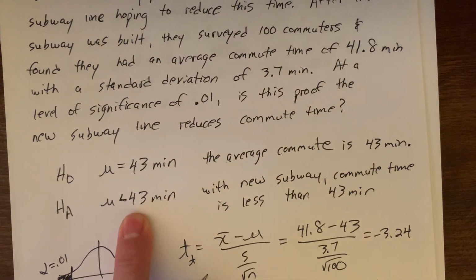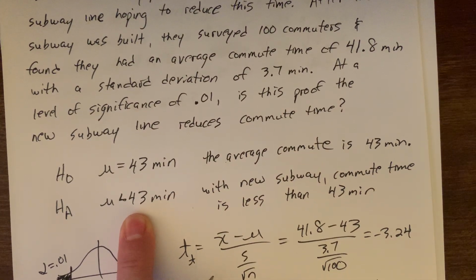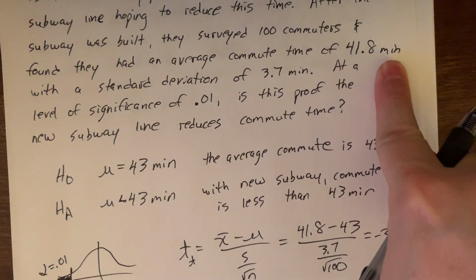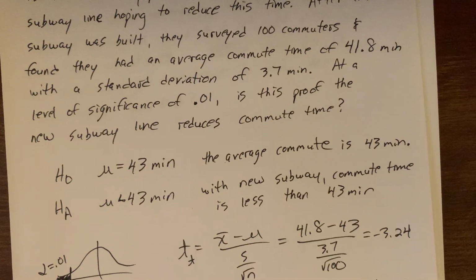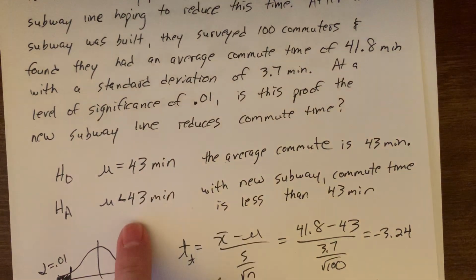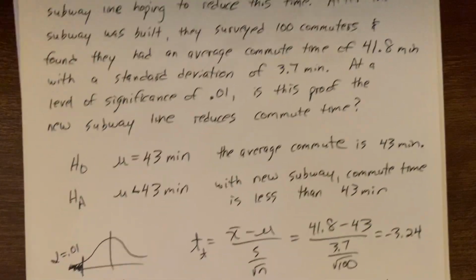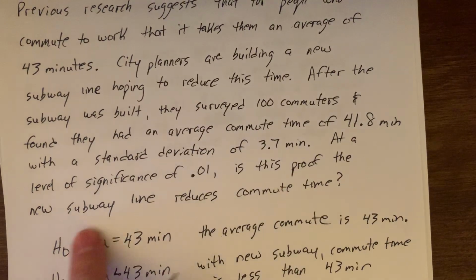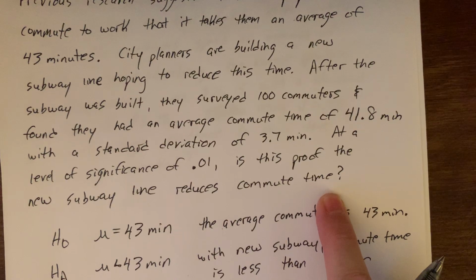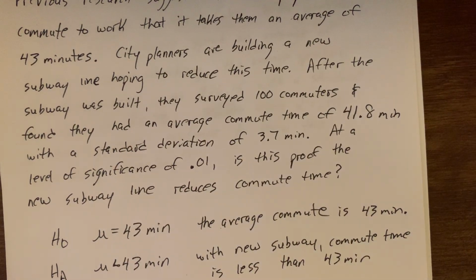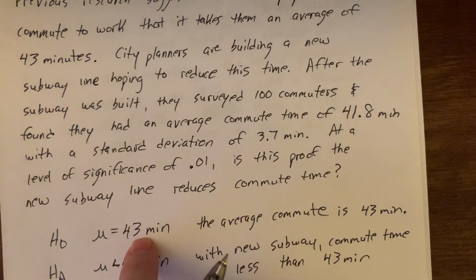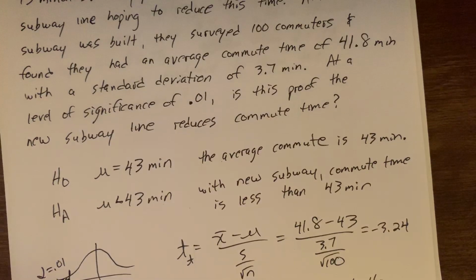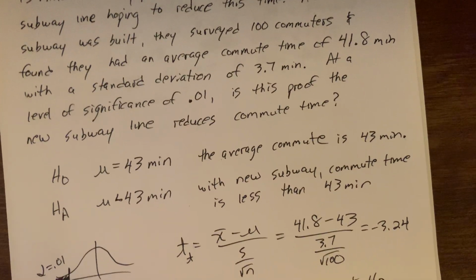And that also goes back to the alternative hypothesis. I'm not saying the new average commute time is 41.8. All I have done is conclude this is no longer true, this is. So I would now say, and again, even answering the question, is this proof the new subway line reduces commute time? Well, yes. From this information, this is true and this is no longer true. So this supports this statement. Yes, there is